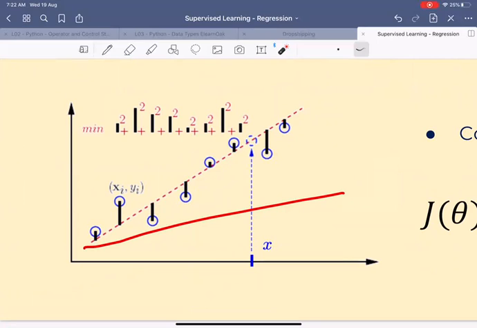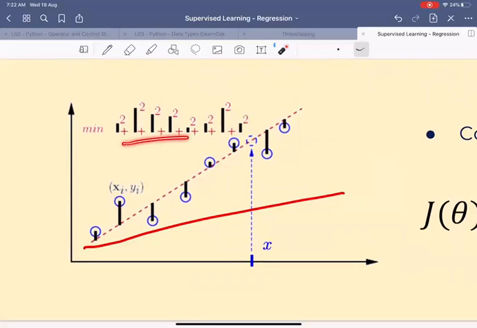Now, if I simply add them without doing any operation, it may happen that sometimes my model is predicting much lower than the data, and in this case it is predicting much higher than the data. If I simply add, these terms will cancel out, and I will not truly know how good or bad my model is. So I am interested in the square of errors. We take each of these error points and square all of these errors, so that whether the error is positive or negative, we have a sense of how far we are from the actual value.